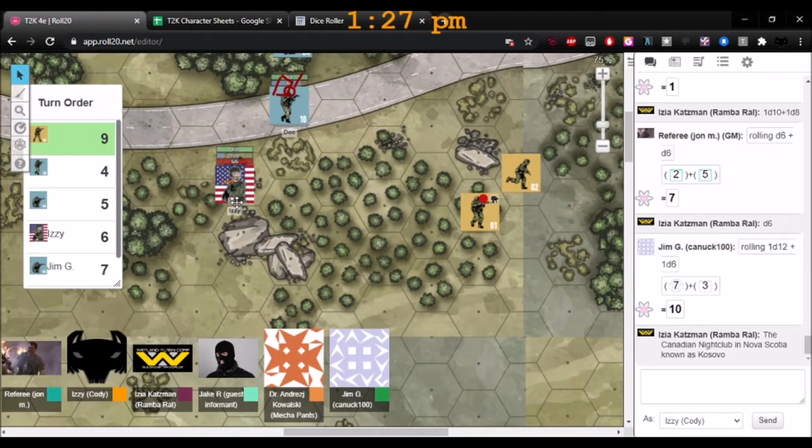The range is 1, 2, 3, 4, 5, 6 squares. He's firing an AKM. We're just going to check that weapon. Soviet military weapon. AKM range is 5. So this is medium range also. That goes from D8 to a D8 and a D6. And then you're in cover. I also have a flak vest and helmet. Oh, good. Okay, so